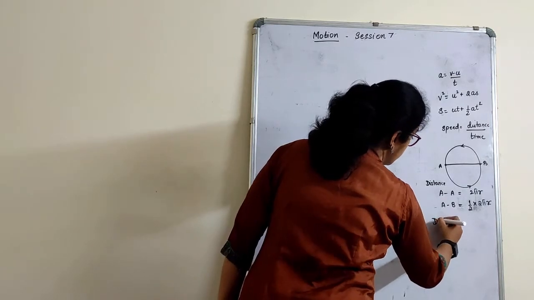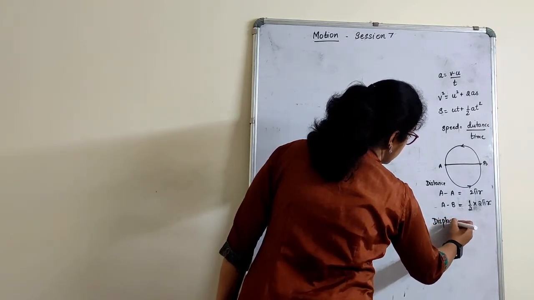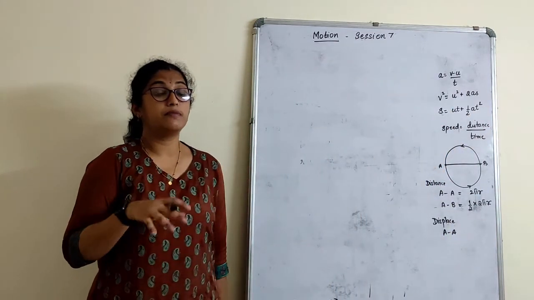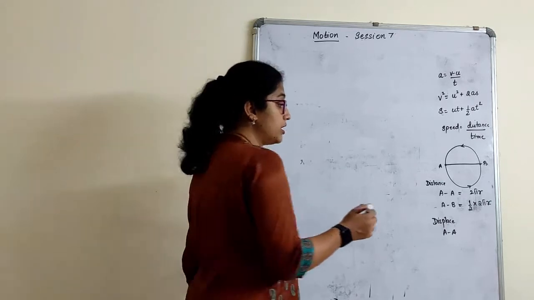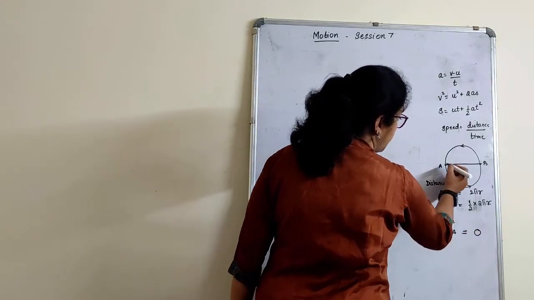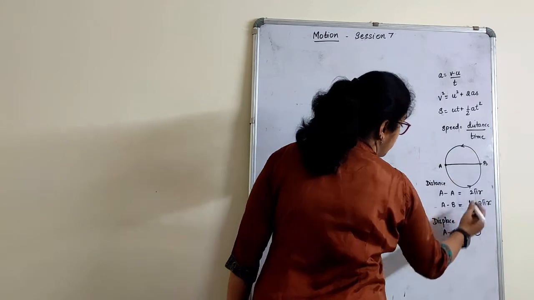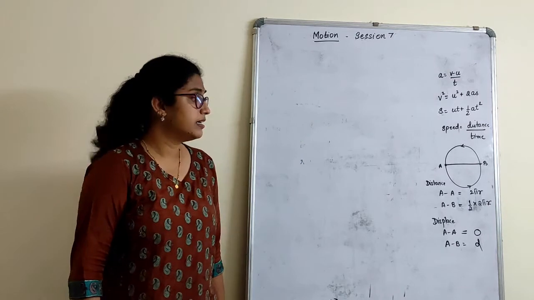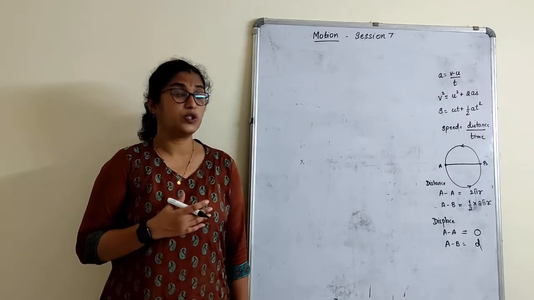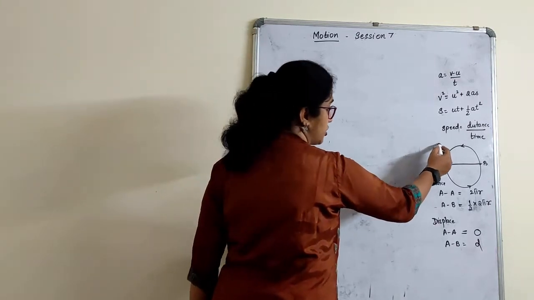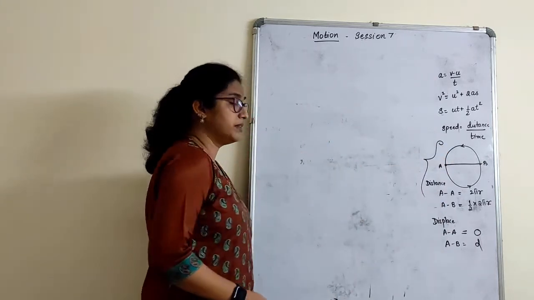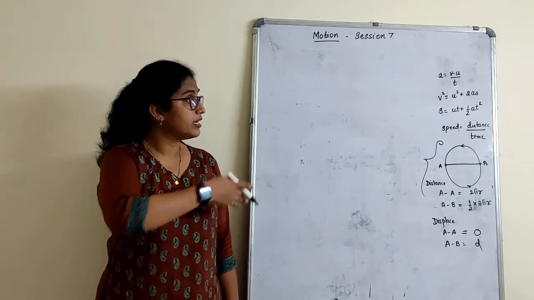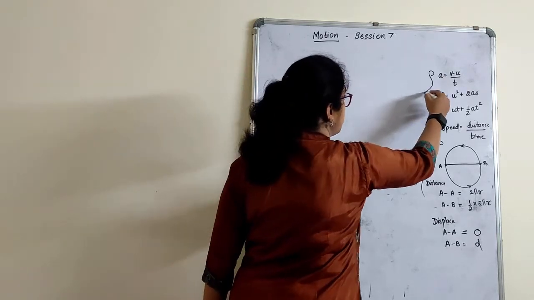For displacement, A to A, the body is at A, comes back to A. Whenever the body comes back to the original position, displacement is 0. The body travels from A to B, that means it is the diameter, the length. So this is just a recapitulation of the formulas which we applied. We haven't come across such type of sums. Check for the worked examples or the sums given in the assignment, or we still have some exercise sums to be solved. We will check. But we dealt with these types of sums.